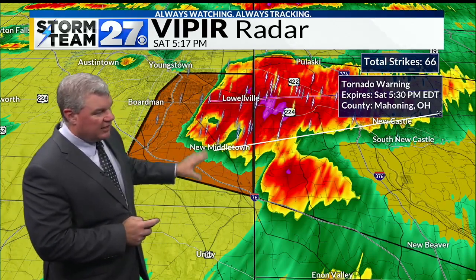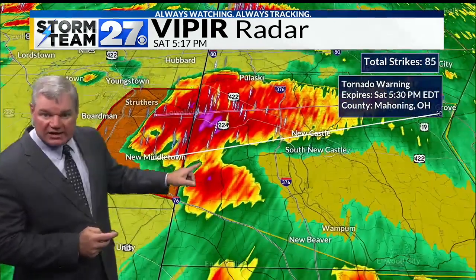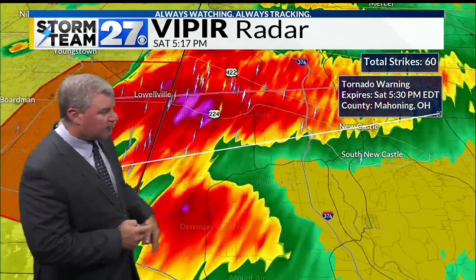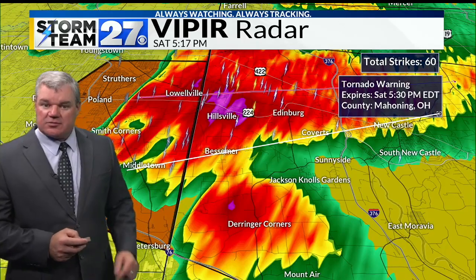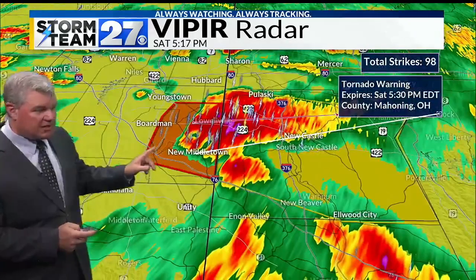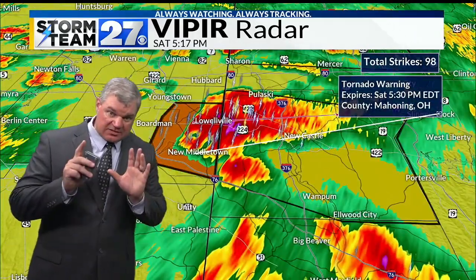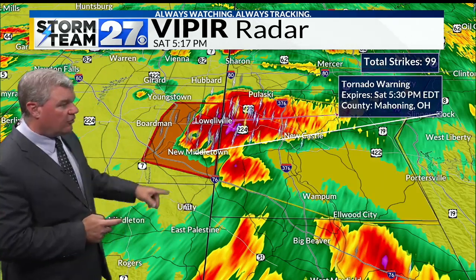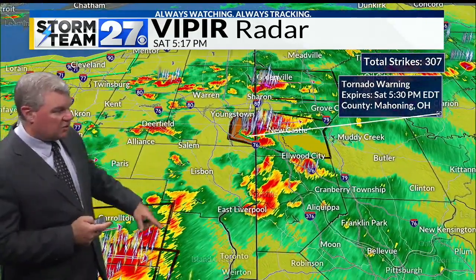And New Middletown and up and down 170 here in extreme eastern Mahoning County. And if you live in western parts of Lawrence County along 224, as you push over toward Bessemer, Hillsville, Jackson Knolls, this is moving in your direction. But right now, the rotation that we were looking at earlier with this, not quite as organized currently as it was. So that's better news, but still not out of the woods as far as this storm goes. We're watching it closely, but not quite the organization it had even 10 minutes ago as it was making its